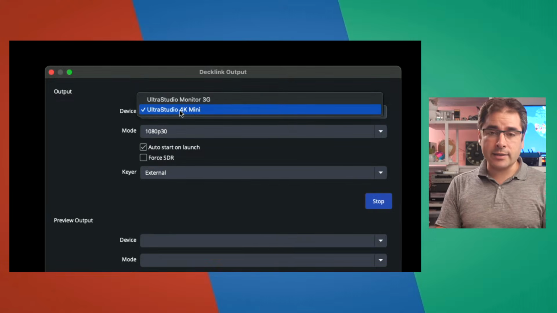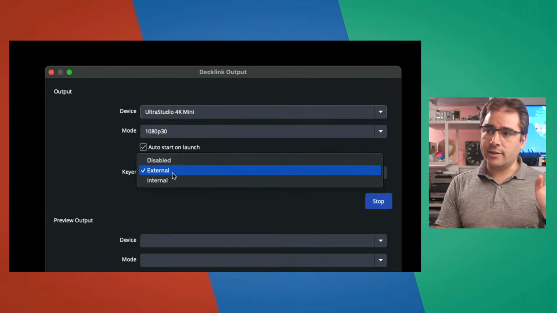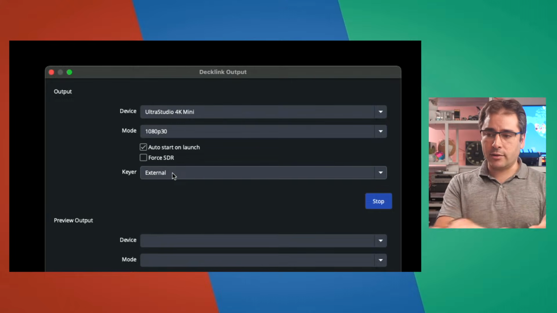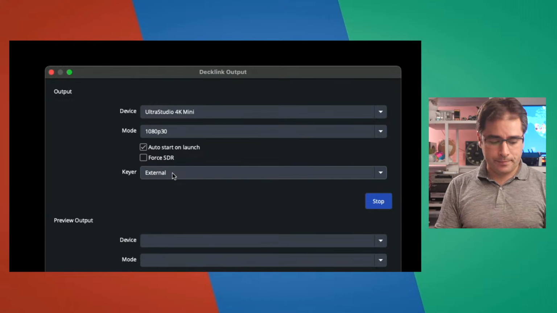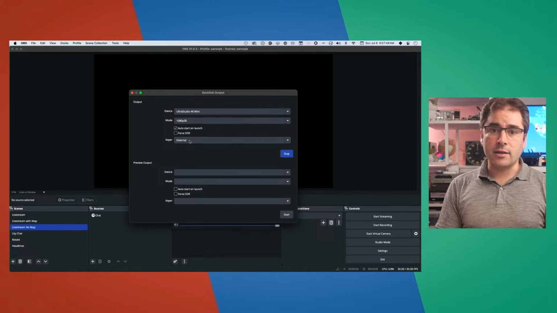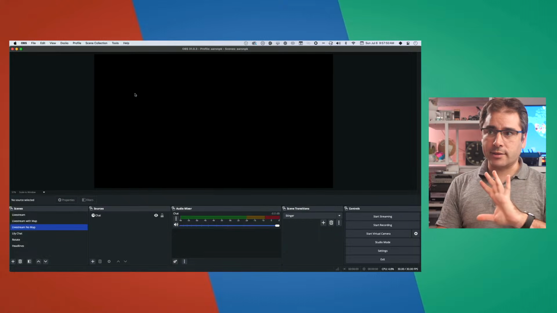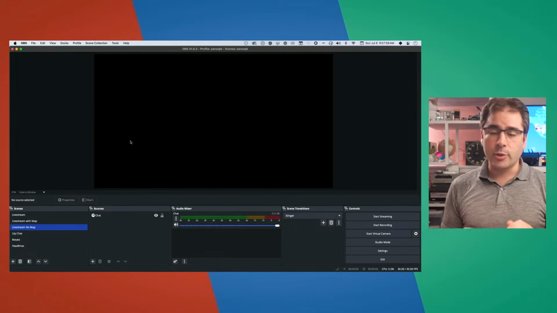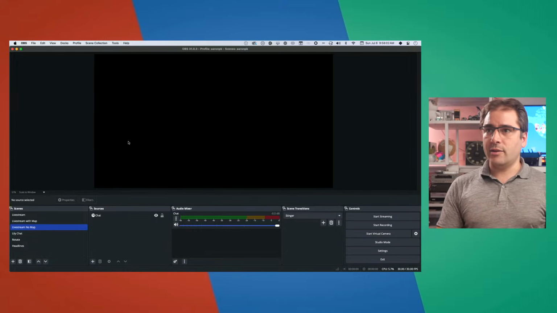And if the device has support for the key fill output itself, like the 4K Mini does, then you set your keyer to external, and there's only a single feed going out of OBS into that device. That device takes the alpha channel and outputs a separate feed of that. So the computer is really just outputting this OBS scene to that device. That device splits it into the two video feeds,